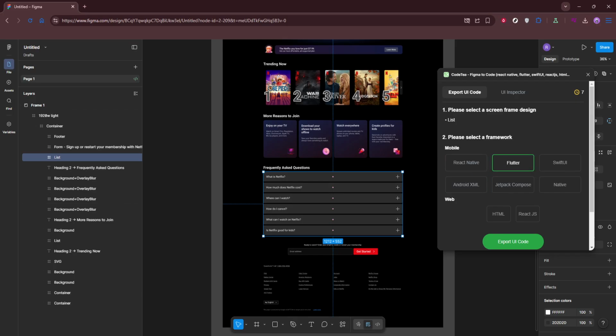Now, select the element on your canvas that you want to convert. It can be a frame, a component, or a grouped set of layers. With the selection active, switch to the plugins interface, choose Flutter as the target framework, and then select View Source Code. The plugin will parse your layout, read constraints, typography, colors, and effects, and render Flutter code that mirrors your